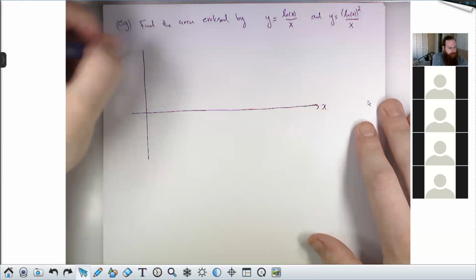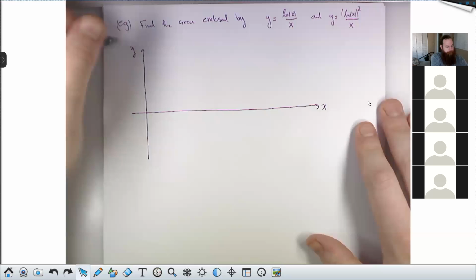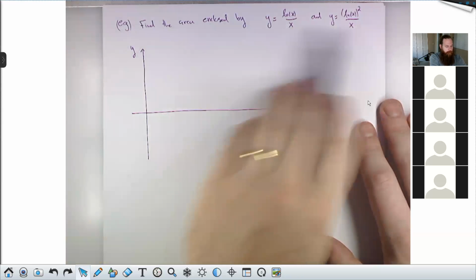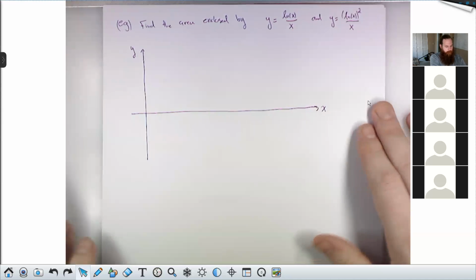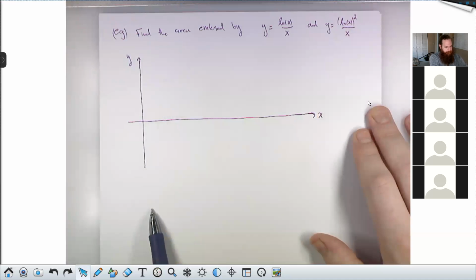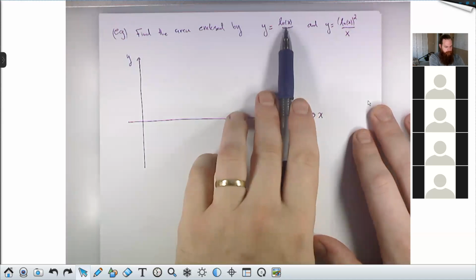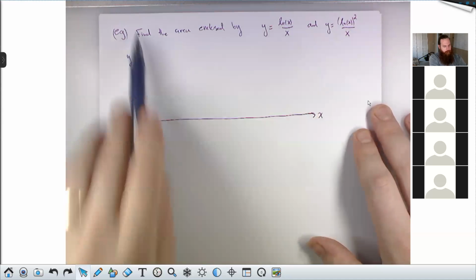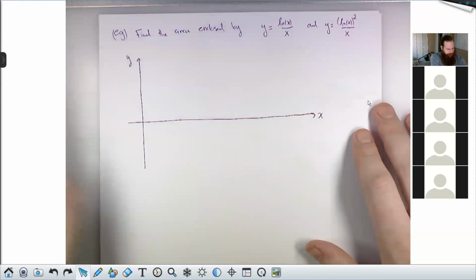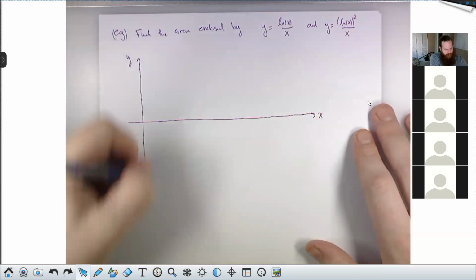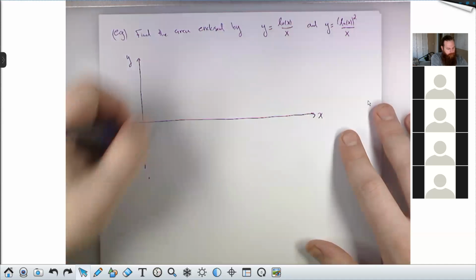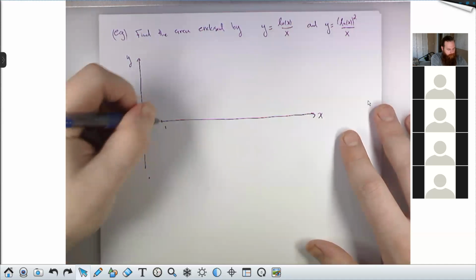Here's my x-axis, here's my y-axis. Log x over x has a problem, both of these have problems at 0. Here, the ln x wants to go down to -infinity as you get closer and closer to 0, but the x wants to send you out to +infinity. The ln actually wins. Ln x over x starts out down here, comes up, and then sort of smooths out. So we'll mark this as 1,